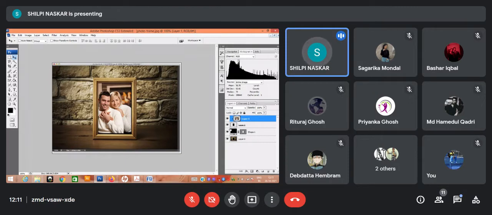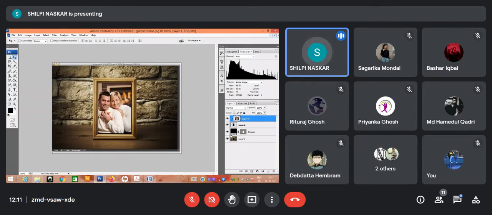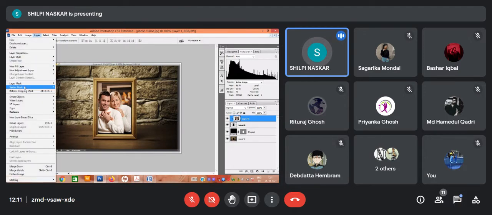So I have taken the original picture like this one. I have created a transparent layer. Onto this transparent layer, the transparent layer has to be dropped down. Onto this transparent layer, I have created the shape, rectangular shape. Then I have filled the shape using 100% black. Then on the main layer, you have to go to the main layer basically. Okay, main layer. After selecting the main layer, you have to go to the layer option and go to the clip masking.